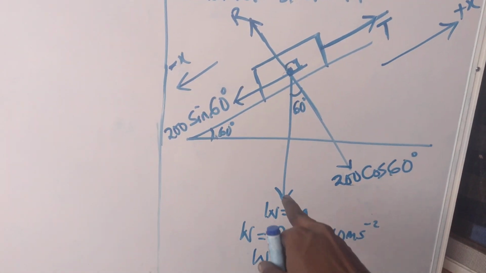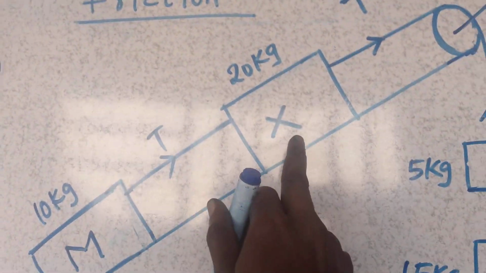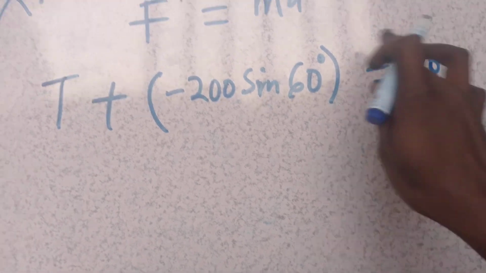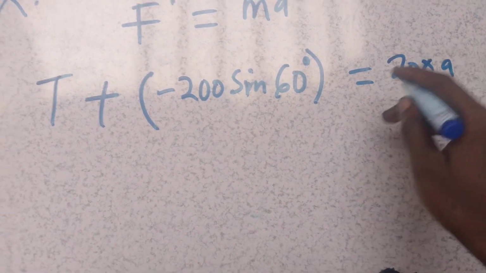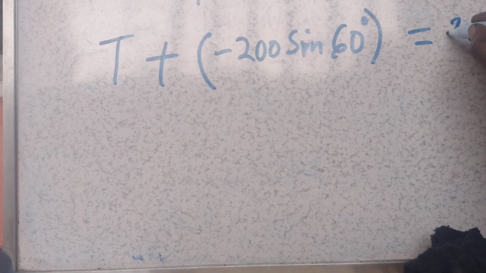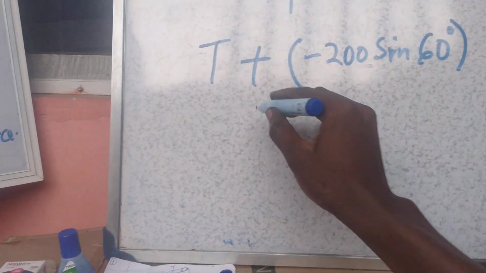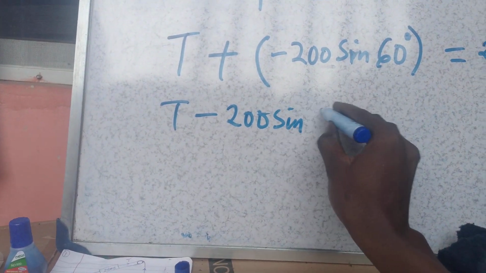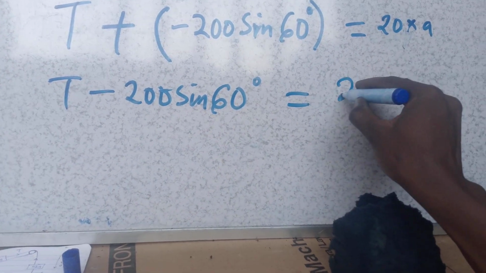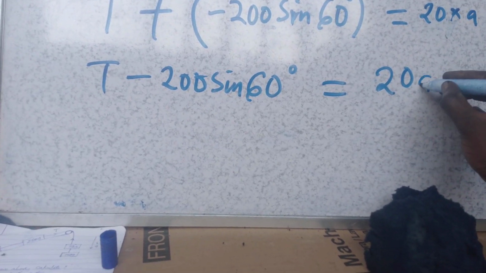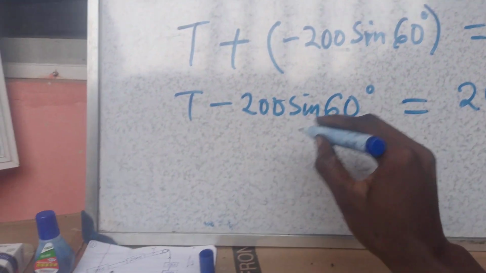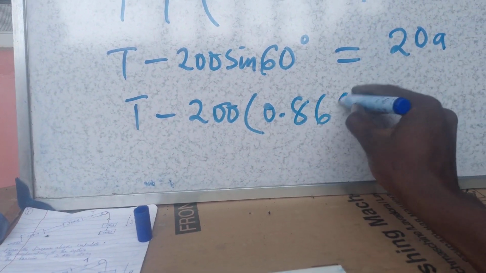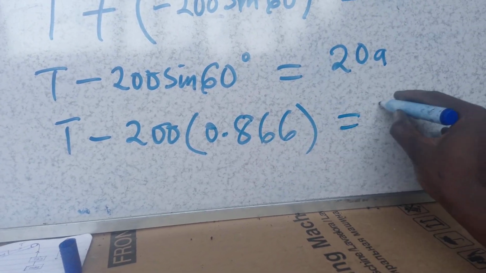Mass of the block is 20 kg. If you observe, the mass of block X is 20 kilogram. That will be 20 times my linear acceleration A. So this now will be T, plus times minus is minus, that's minus 200 sin 60 degrees equals 20A. Okay, so sin 60 now, this is T minus 200 sin 60, which is 0.866,